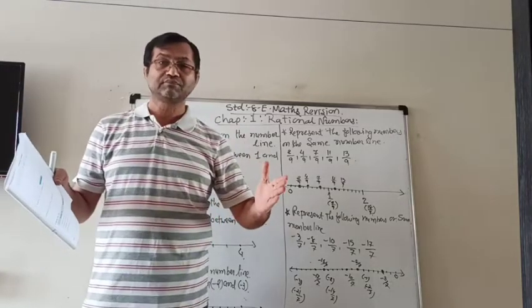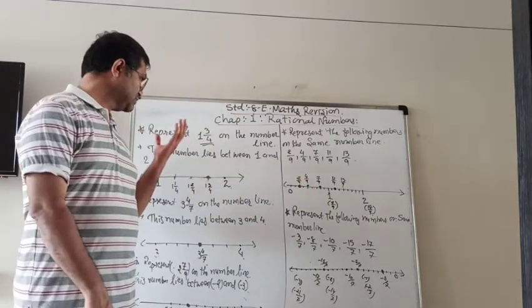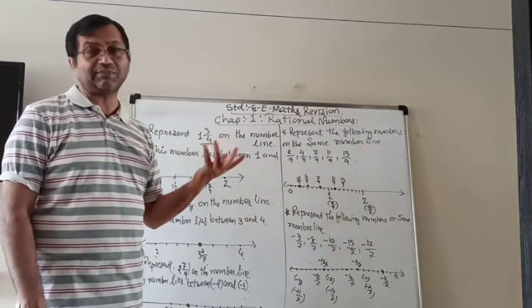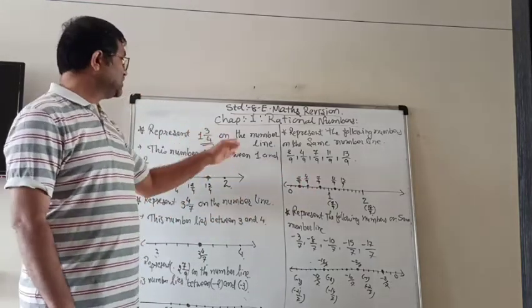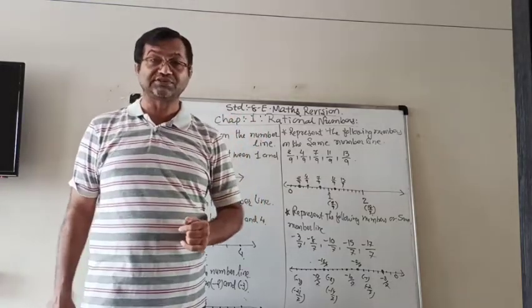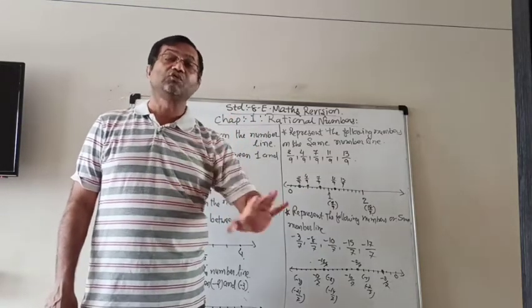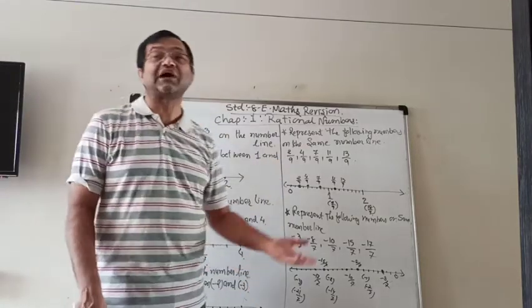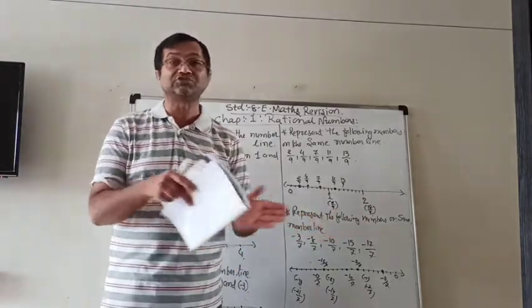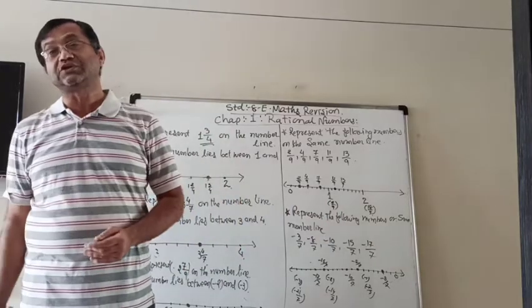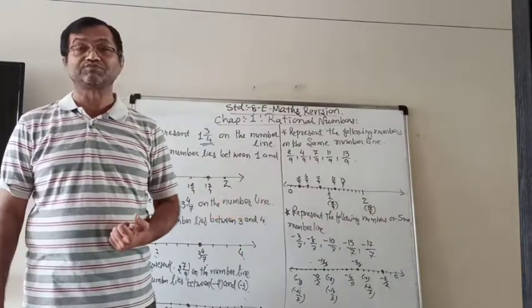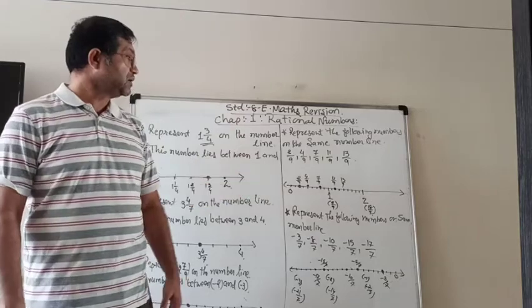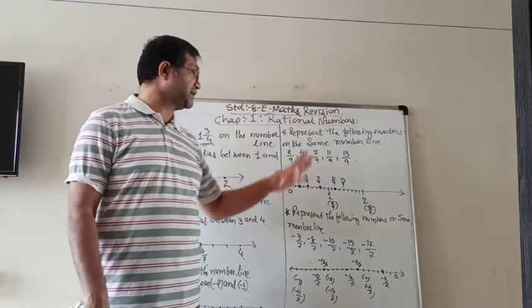So here, as I told you, if it is one number, you can take the limited part, either by converting into the mixed fraction, that will be better. Then we know that it is between which two integers, and according to that we can do it. And if there are more numbers, then you have to start from 0, because some will be between 0 and 1, some will be between 1 and 2, similarly at the negative also. So by this way we can do the necessary numbers like that.